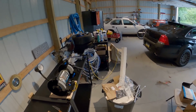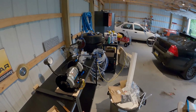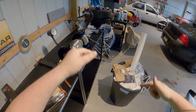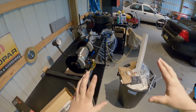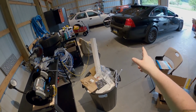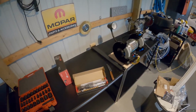8 years ago, whenever my brother handed me that Corolla, I was like, all right, here's what I'm gonna do. I'm gonna put a little compressor in the back, and I'm gonna get a hose reel, and I'm gonna have air tools so I can work in the car, like even though it's only a car, it'll have air tools. That was dumb, I didn't do that. Thought about it for this too, and I didn't do it. But now I'm in a garage where there's a compressor and the really nice hose,